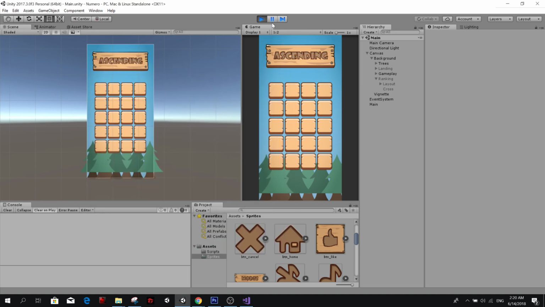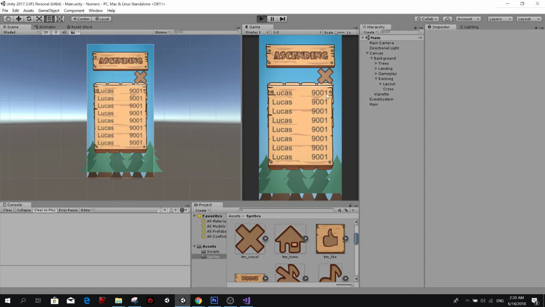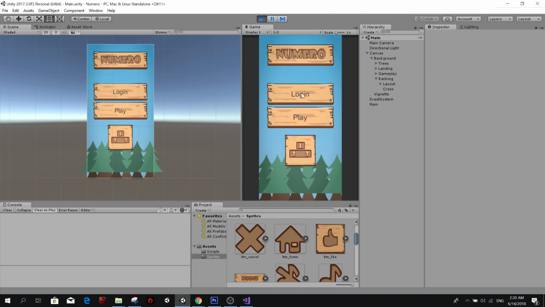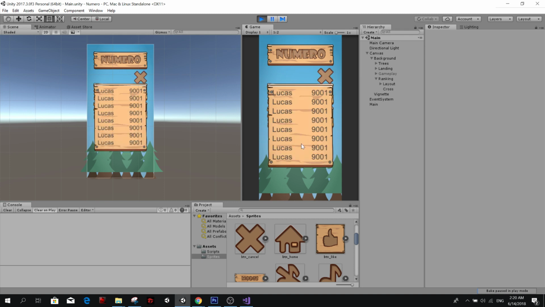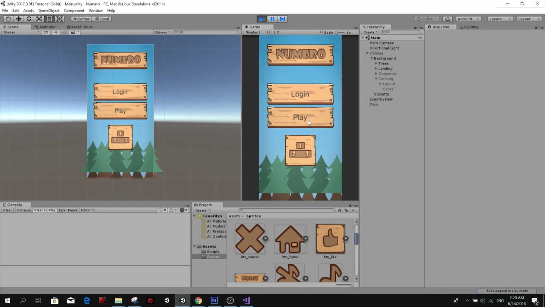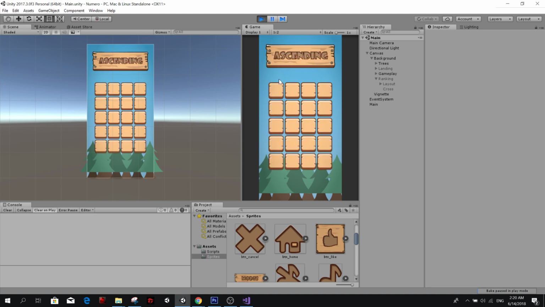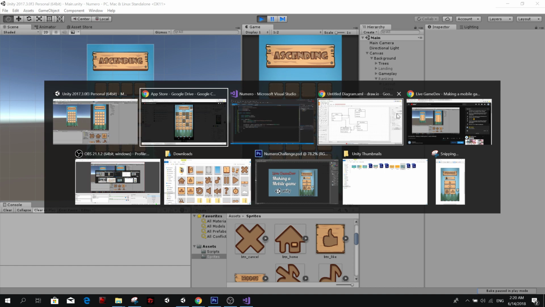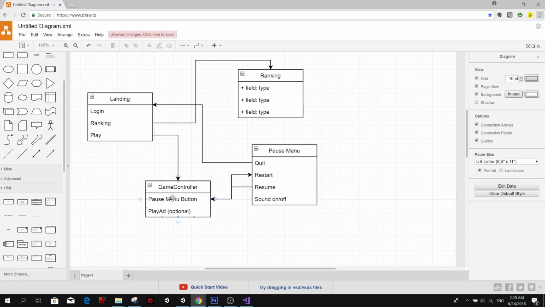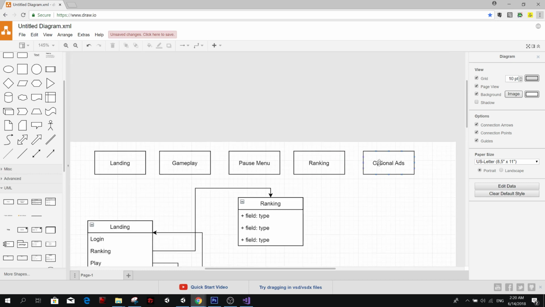But again, we have the basic flow of the landing. So when we have the server, we're going to work with login and the online ranking. But in the coming few days, we're just going to focus on doing this, the game phase, the game controller here. At the end, we're going to add ads.